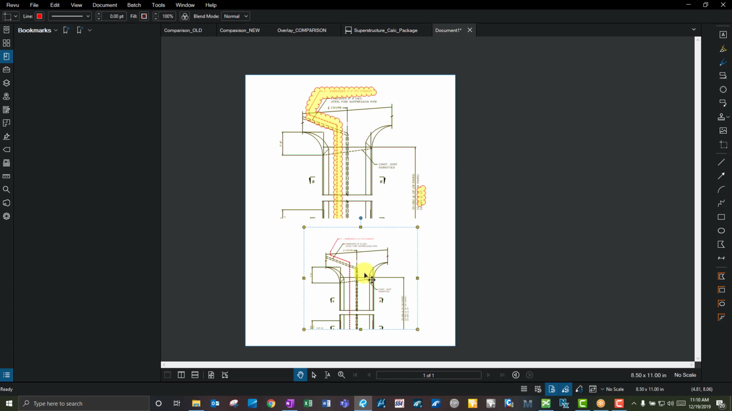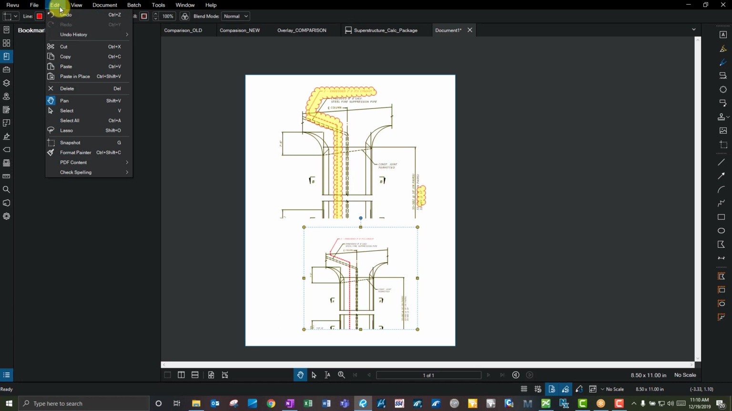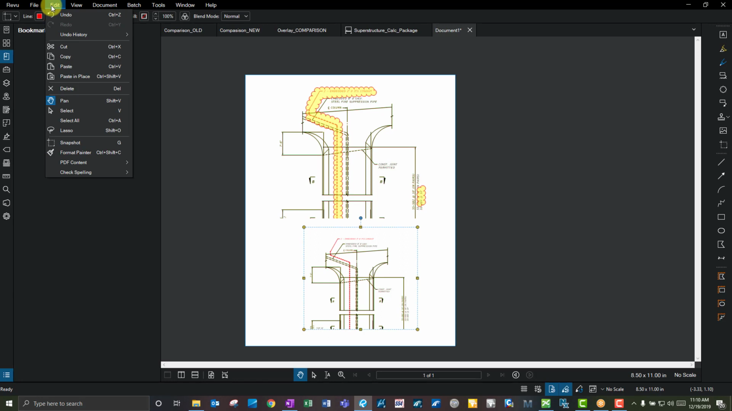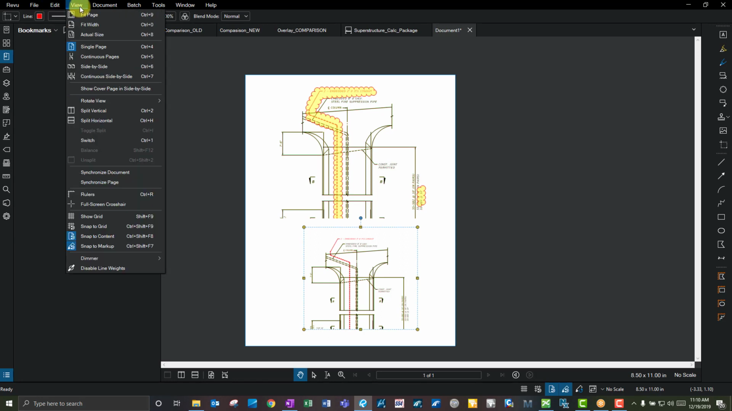So if you just want to grab a quick snapshot and you don't want to necessarily whether you want to split the screen vertically or horizontally, there's a